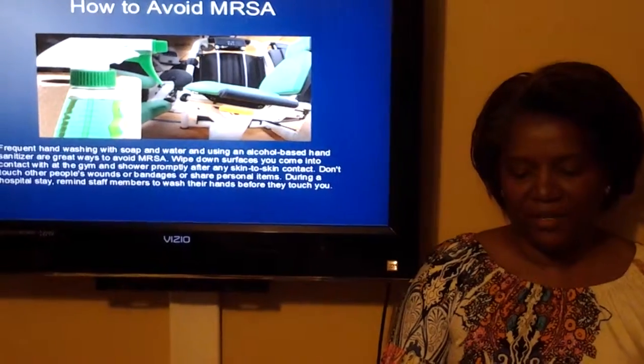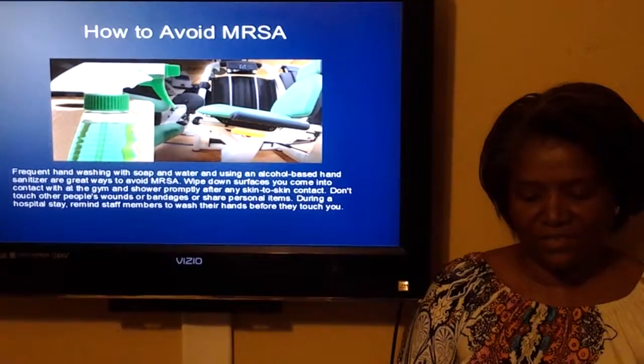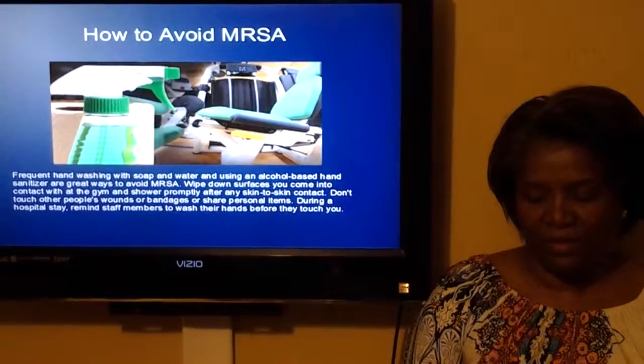How to avoid MRSA? Good hand washing. Use alcohol-based sanitizer to avoid MRSA. Wipe off surfaces that you come in contact with in the gym. If you're not sure about MRSA,